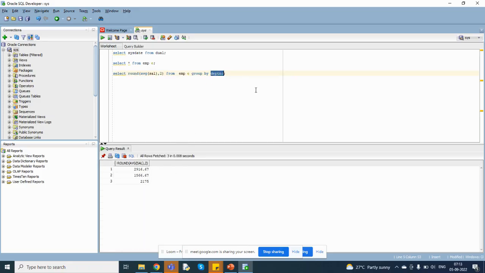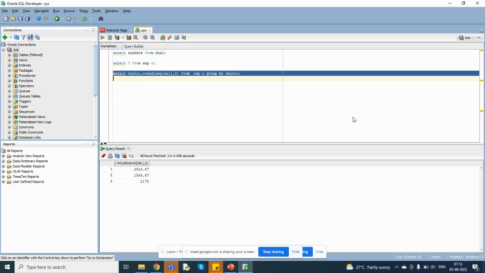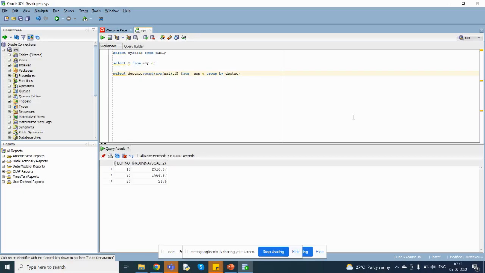If the column is required in the select statement, you can get that one. This is the syntax of that. We need to specify the grouped column along with the